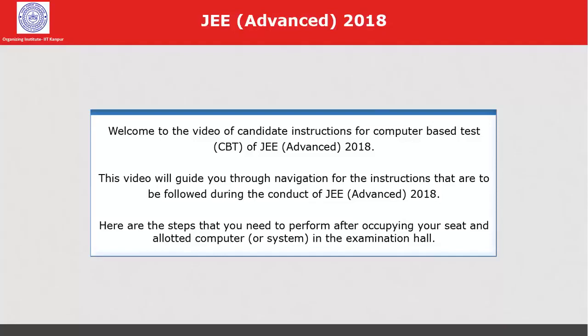Welcome to the video of Candidate Instructions for Computer-Based Test CBT of JEE Advanced 2018. This video will guide you through navigation for the instructions that are to be followed during the conduct of JEE Advanced 2018. Here are the steps that you need to perform after occupying your seat and allotted computer or system